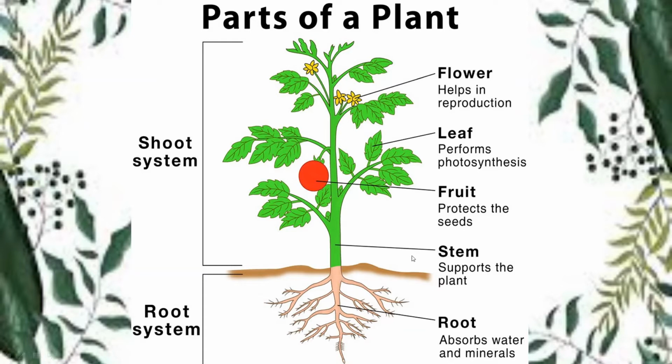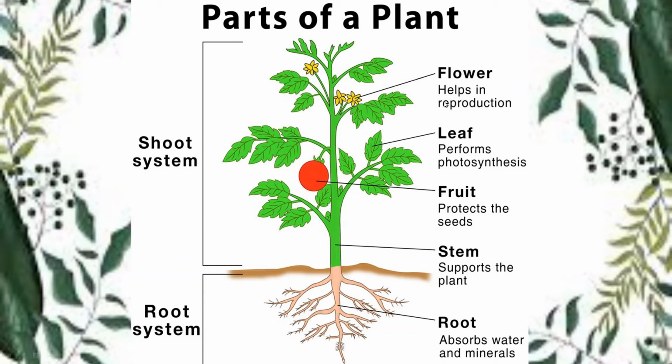So this is the stem. It contains flowers. It contains leaves. It contains fruit. All this, and this is the node. This is the node, one node from where the leaf is arising. See, this is another node, and in between the two nodes, this portion is called the internode.